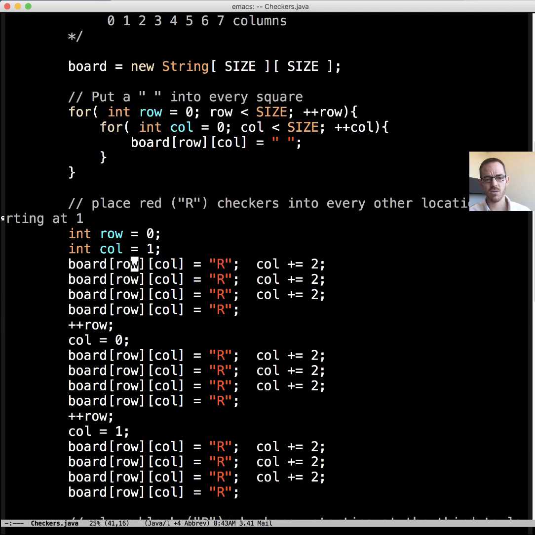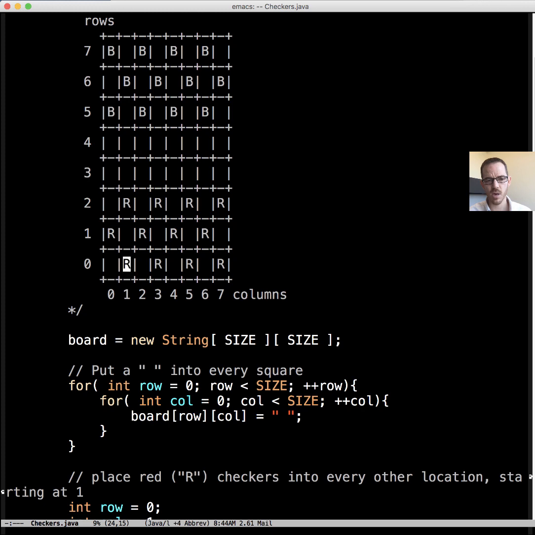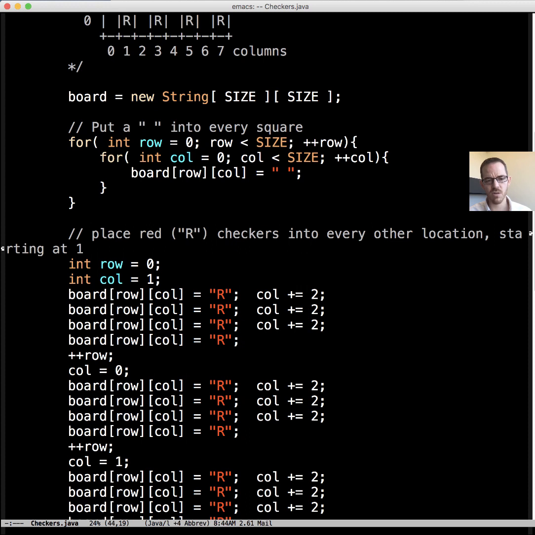And so we start at row 0, and the orientation is up to us to keep it straight. And in fact, anybody using the checker class doesn't have to know, I guess they do. We could have changed it and mapped it if we wanted to internally to have an external version, but in this case I actually require, as you'll see later. So we have a board that has row and columns, so 0 and 1, and then we increase the column by 2. So what we did is we've just set this one and then we've advanced column to 3 here, and we put in all of row 0 reds.